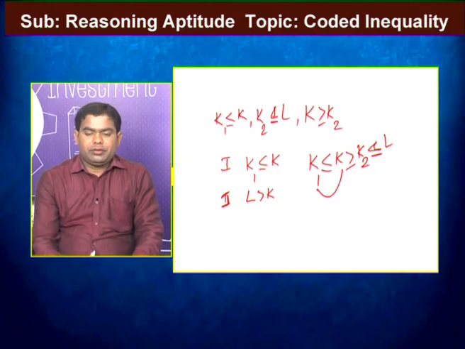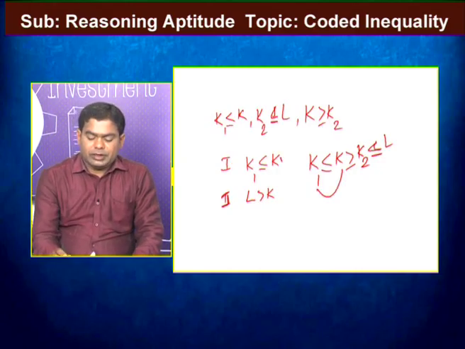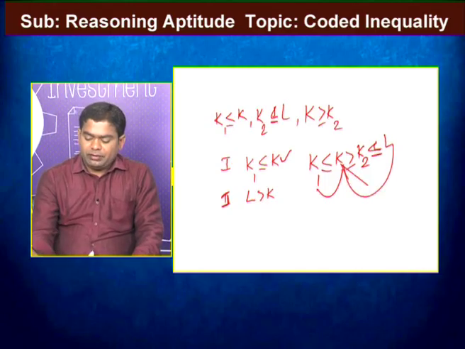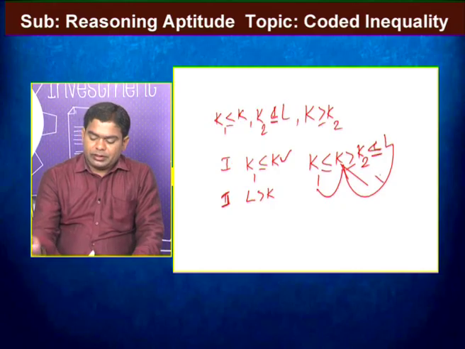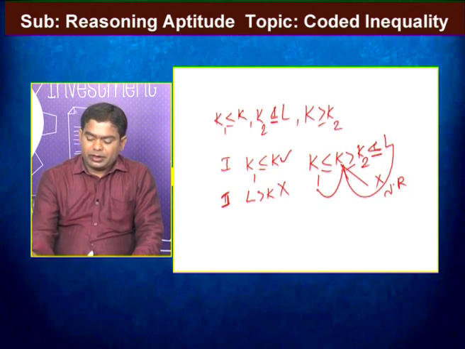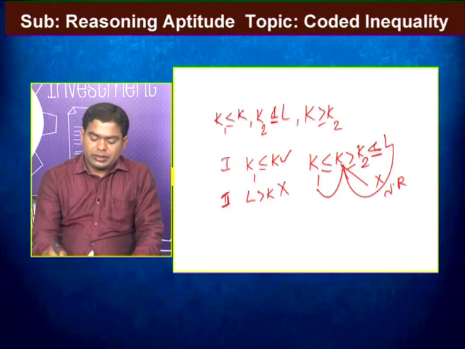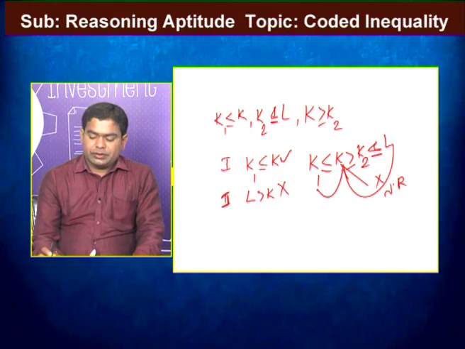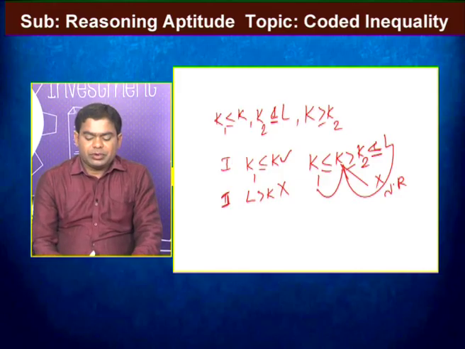In this combined statement we verify the given conclusions. That one is k1 to k, here by observation we get k1 less than or equal to k, that means conclusion 1 is there. And for l to k we verify the relation, so there is no relation between l and k, because in between k and l opposite inequalities are there. No relation means the conclusion does not follow, that means only one follows. So according to our question paper, we take the first option.